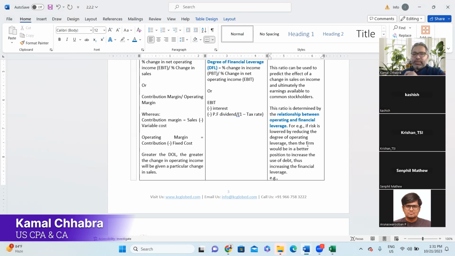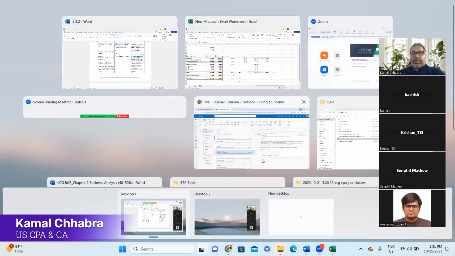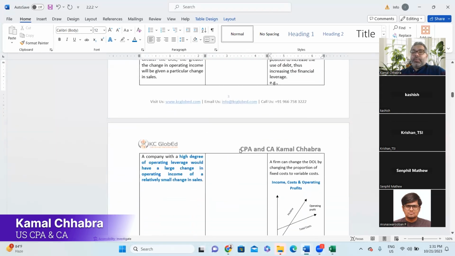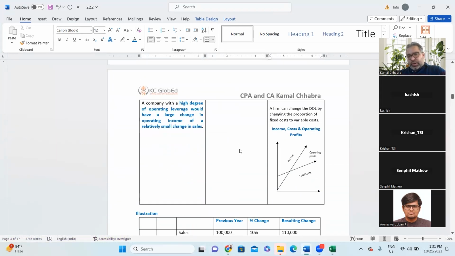For example, if the risk is lowered by reducing the degree of operating leverage, then the firm would be better positioned to use debt. Thus, increasing the financial leverage will help. So this is also relevant when you are doing decision making for an organization. The ratio analysis and the leverage analysis will help you in better structuring the capital of the organization. A firm can change the degree of operating leverage by changing the proportion of fixed cost to variable cost,